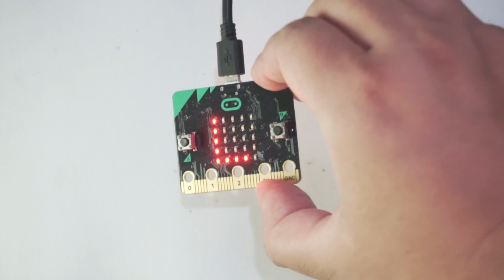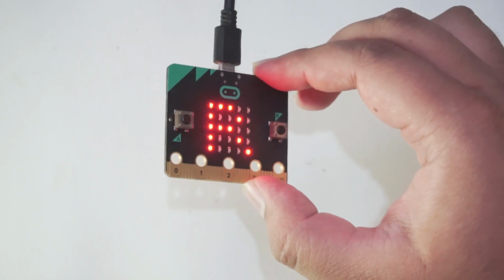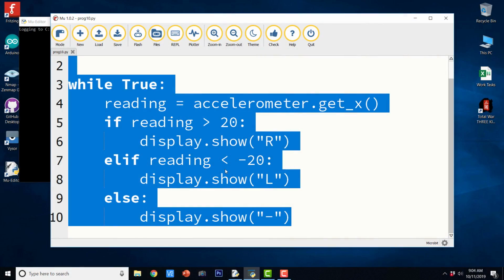Okay, this is left, this is leaning to right. So this is how we can use the accelerometer to check if the BBC Microbit is tilting towards left or right. Similarly, we can check if it is tilting to back or front.